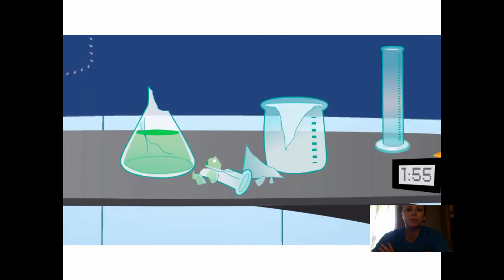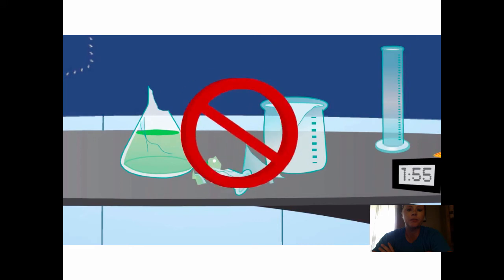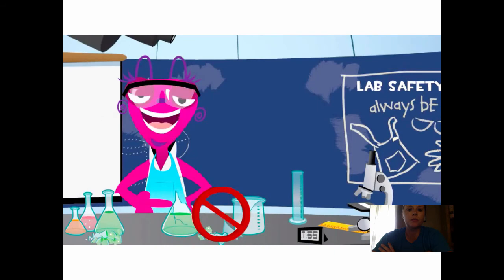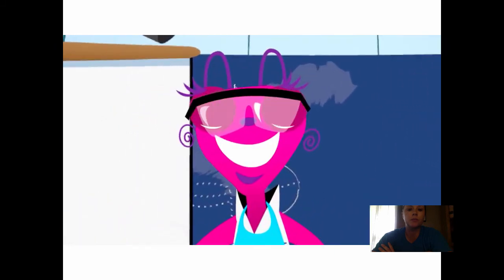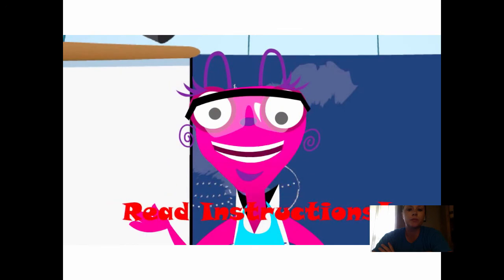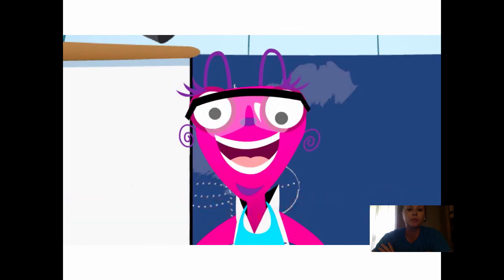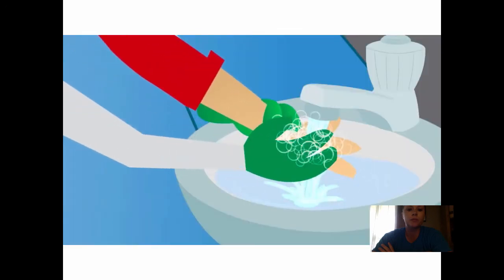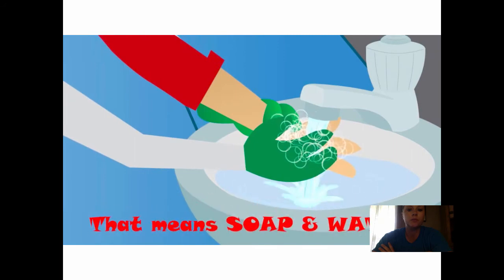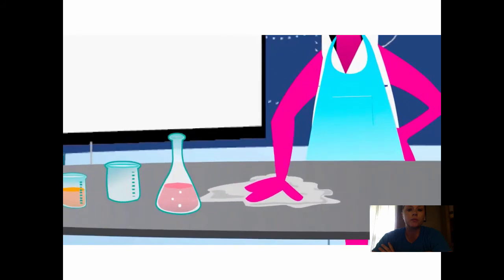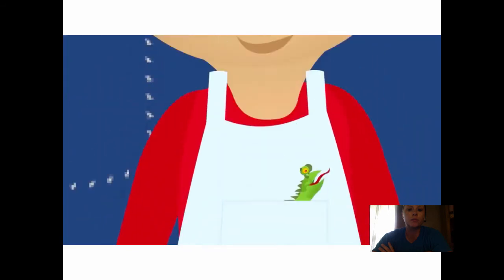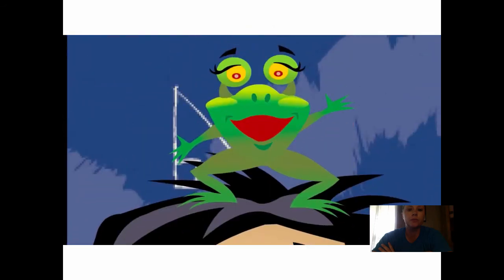And broken or chipped glassware should never be used. Read all the instructions before you start experimenting. Wash your hands as soon as you're finished. Listen to your teacher, keep the work area clean, and the science lab will be the most amazing place,